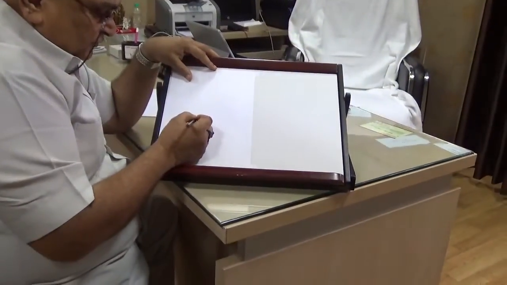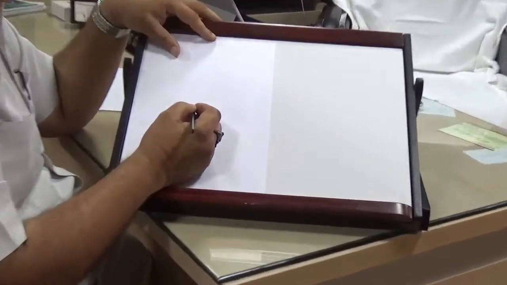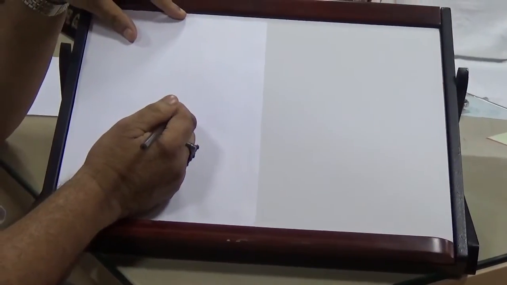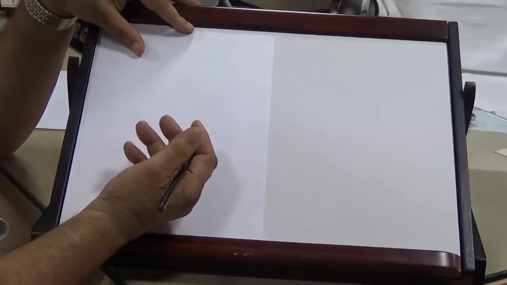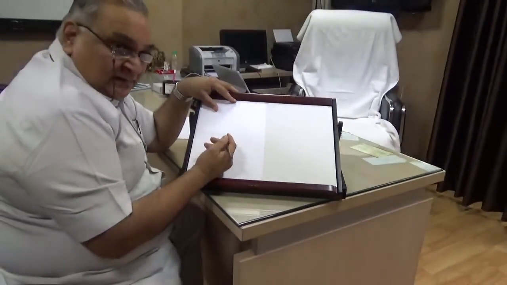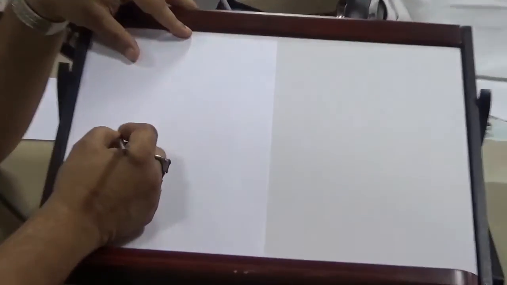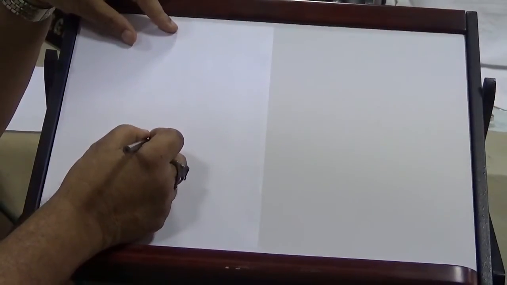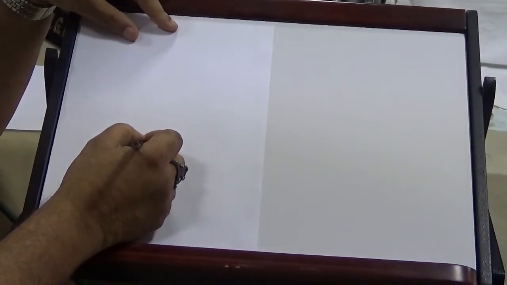If we see the foot, you can see the foot from the dorsum, from the ventral side, from the lateral side, from the medial side. So let us see how to draw it. So first from the dorsal side. So from the dorsal side,